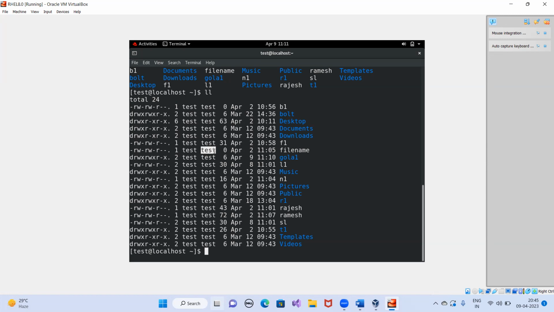In case you want to create another group, then you will have to create the supplementary group. That's the practical we have seen already. So you would have to create the supplementary group in that condition.